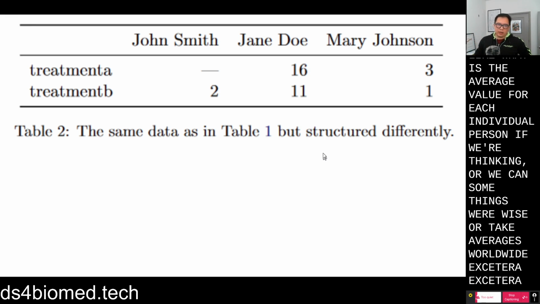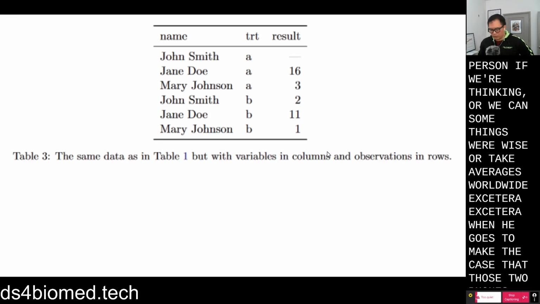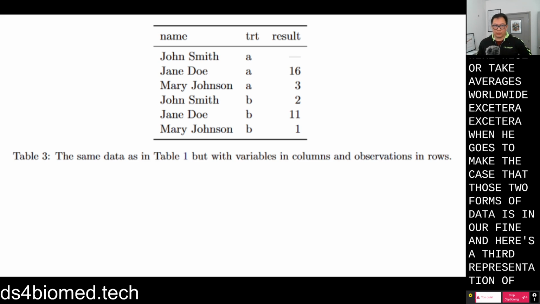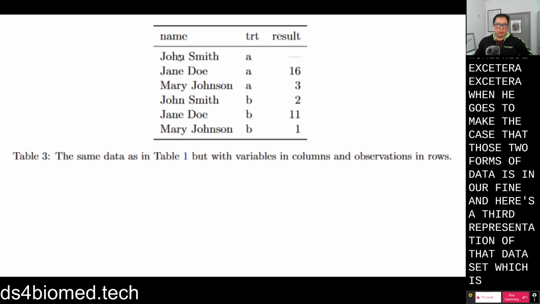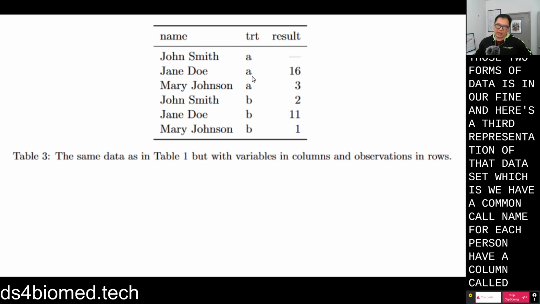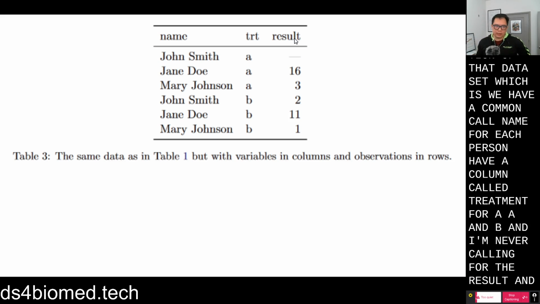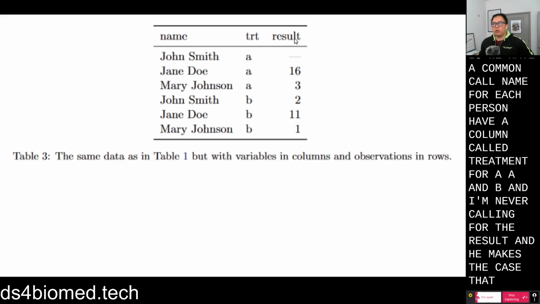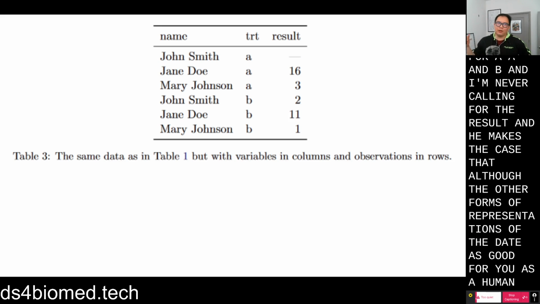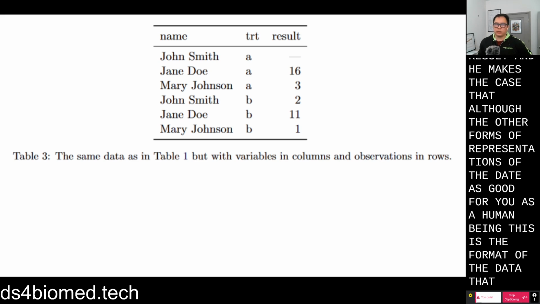And then he makes the case that those two forms of data are fine. Here's a third representation of that data set, where we have a column called name for each person, a column called treatment for A and B, and then a column for the result. He makes the case that although the other representations are good for you as a human being, this is the format of the data that a computer needs